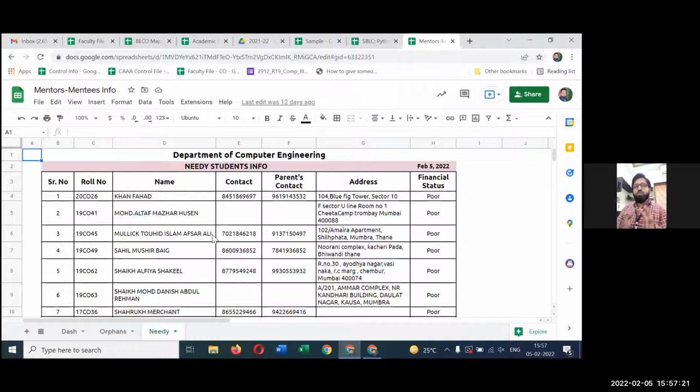So this way, if we maintain the data at a central place, in a very consistent way, in a very presentable way, and if we keep the data updated, we can very nicely make use of this cloud service, which is freely available to us, to get our data at no time. हमारा data, in fact, at any point of time, it is already available. अब उसके ऊपर अगर आपको और भी कुछ analysis करनी है, then it will require some time and some little expertise about the tool which you are using. In this case, we will be working on Google Sheet.